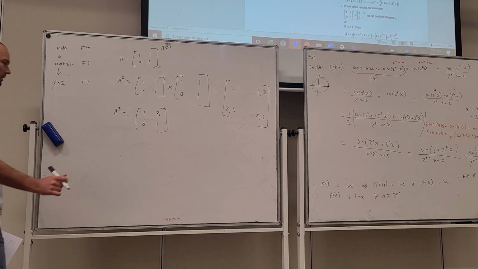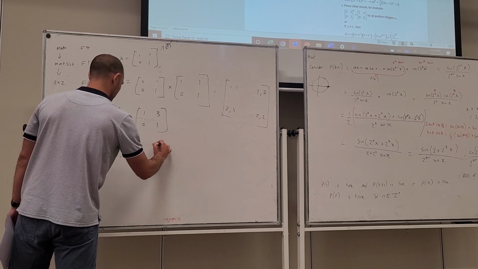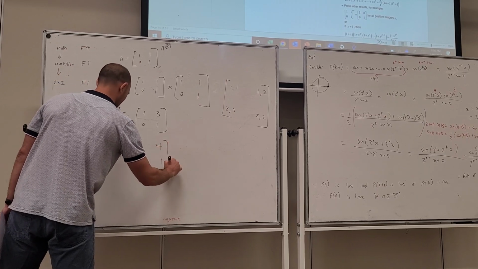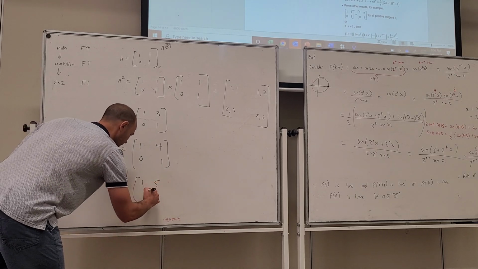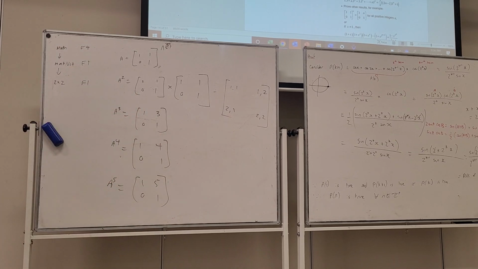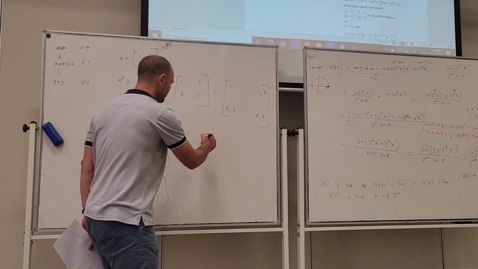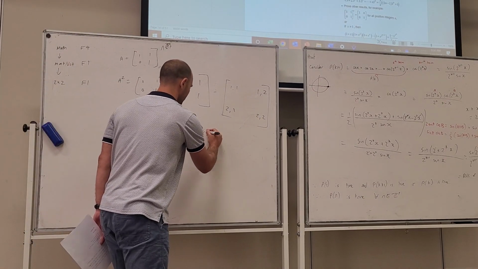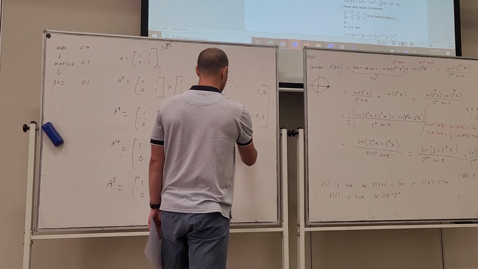Yeah. What do we think A to the 4 will be? 1, 4, 0, 1. You got this, 1401, and A to the 5, 1501. And so now we can make a conjecture about A to the n. Okay? What if this continues, what's the value of A to the n? So we say something like this: if A is this matrix here, 1, 1, 0, 1,